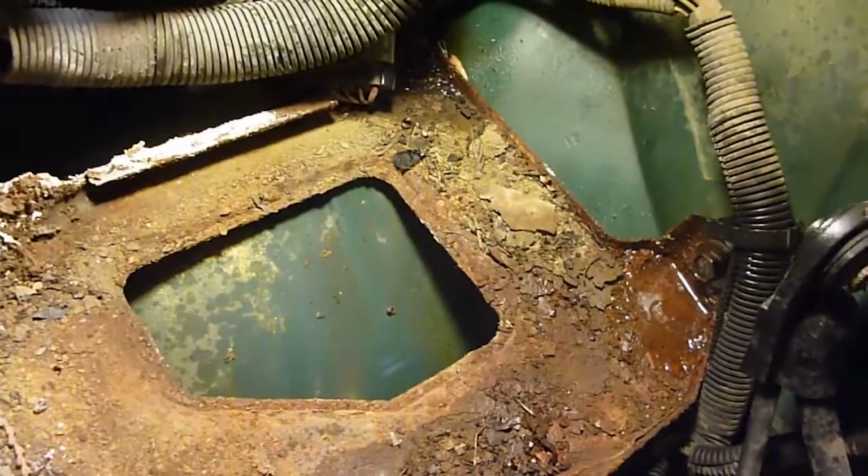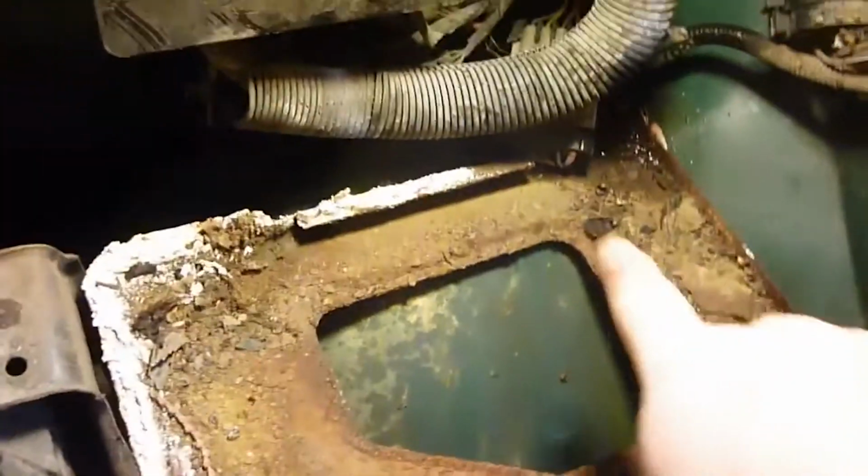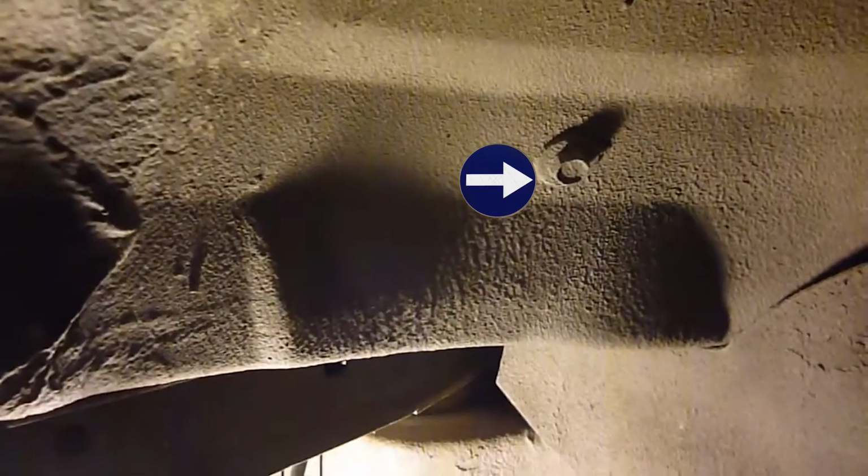There's a bolt right there, right here, that you pull out. And then back in this corner there, you got to go up from underneath the wheel well, or the front part of the wheel well here. And there's one up above. There is one right there you can see pulled out. There's also another one right there towards the front that needs pulled out. Once you get